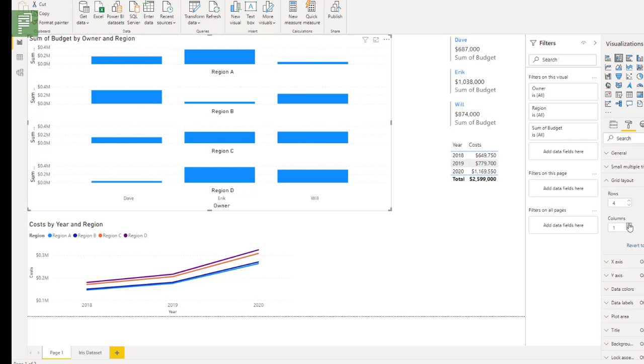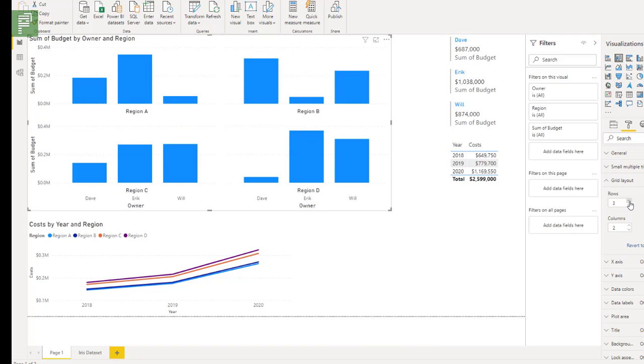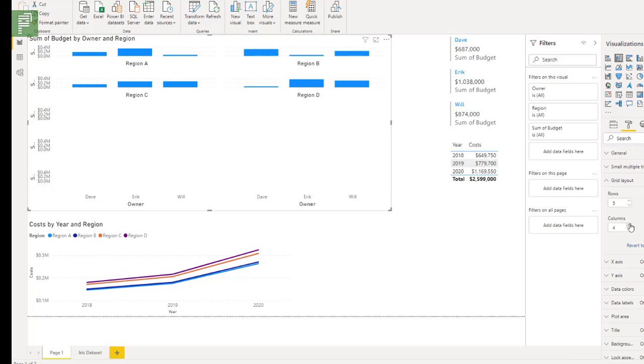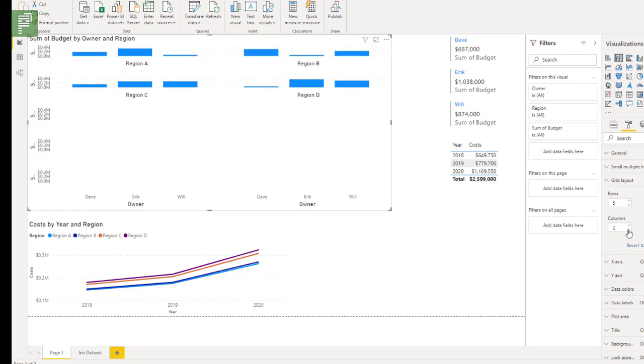Or you can say, how would that look if I have 4 rows and 2 columns? Right, it doesn't really make that much sense, but you have those options, and you can add up to 6 columns and 6 rows. So very nice little